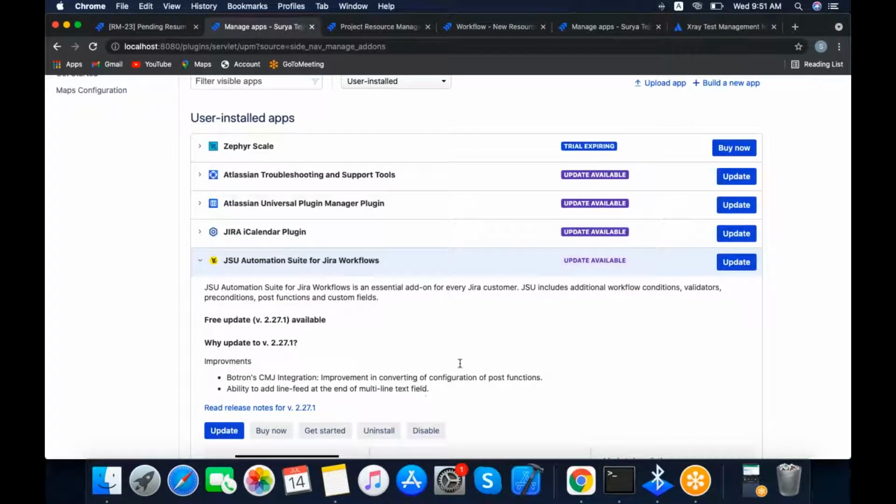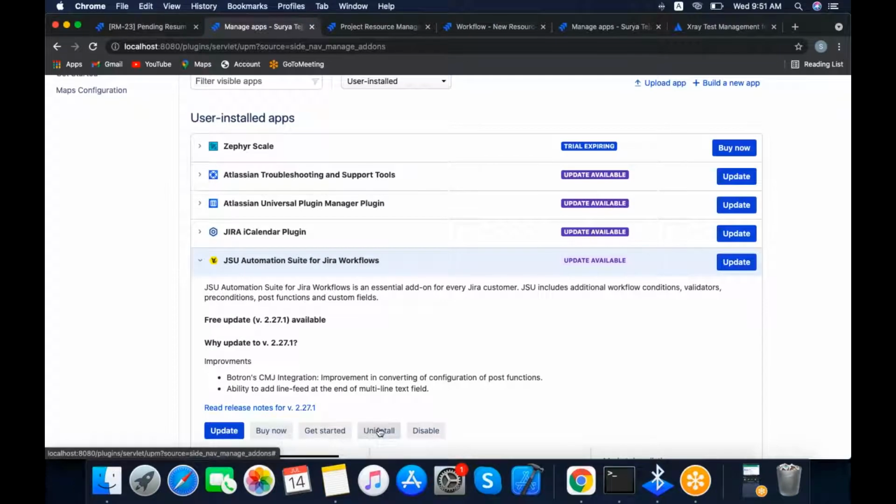They will purchase licenses and use them. Otherwise, if you are using the trial and after that you need to upgrade to the license, then click on update and it will be updated. Update means, for example, we are currently using 8.13.0, and whatever the latest updates are available will be updated in this plugin. Buy now means we need to buy. Actually, I am using the trial version, that's why it's showing the buy now option.